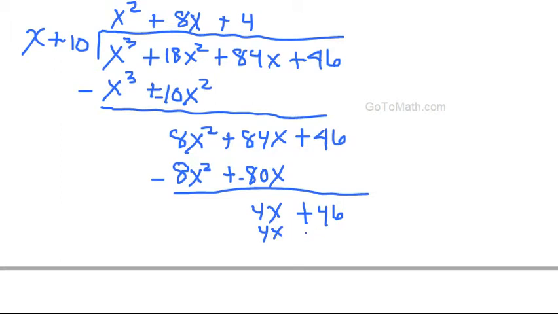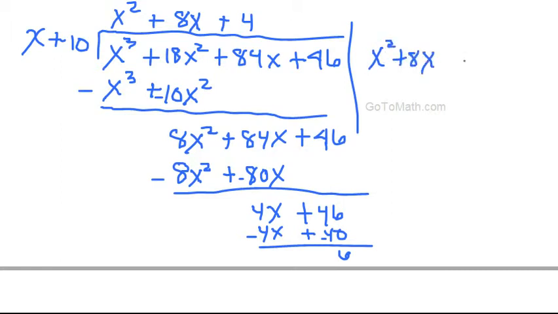See if I can squeeze all this in. Ooh, and then 4 times 10 is 40. I just about forgot that. That wouldn't have been good. So that's going to be minus, minus, so that'll be a 6 there. All right, so we're going to be left with, what do we got? We got x squared plus 8x plus 4 plus 6